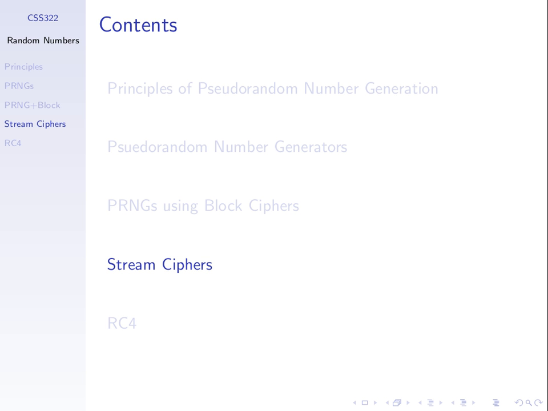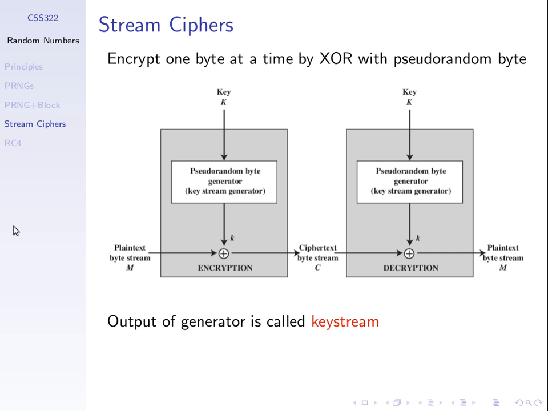But related to that, we've spoken about block ciphers. We also have stream ciphers. In a stream cipher, we usually encrypt 1 byte at a time using an XOR with a pseudo-random byte. So this is the connection. We take our plaintext input, a stream of plaintext, that is a continuous sequence of bytes that come in. We use a key. We have some block that generates our key stream, which is a pseudo-random sequence of bits